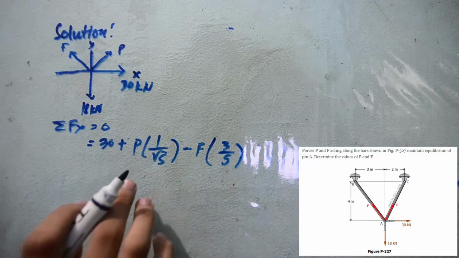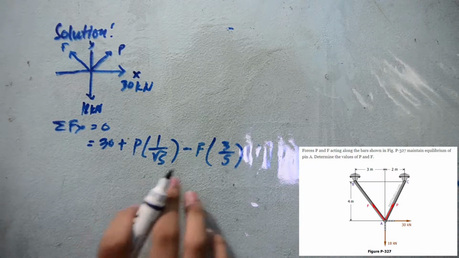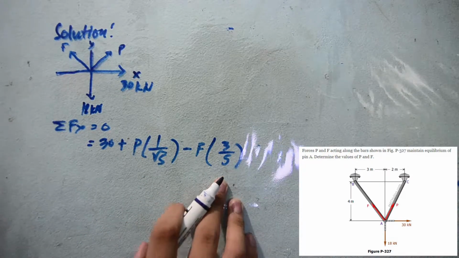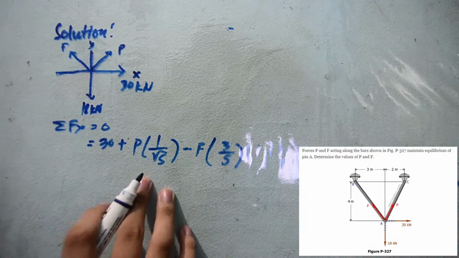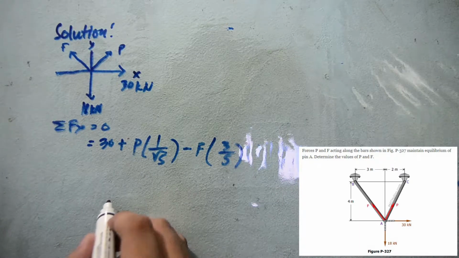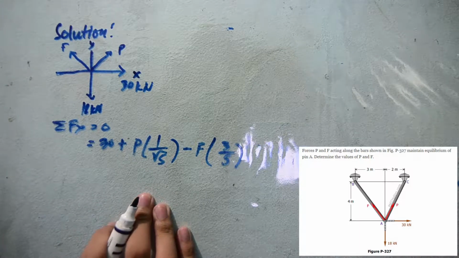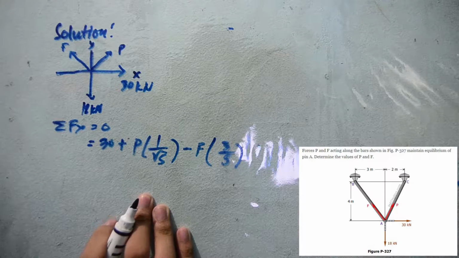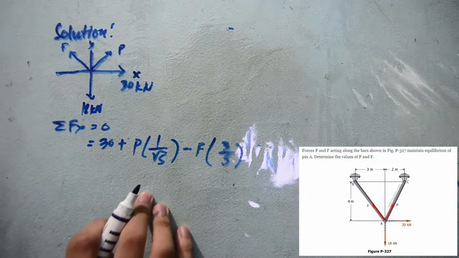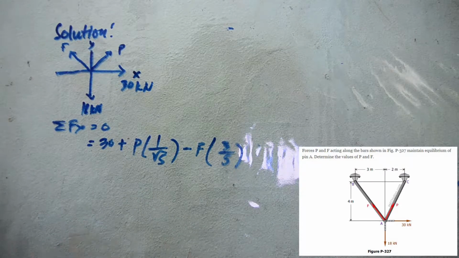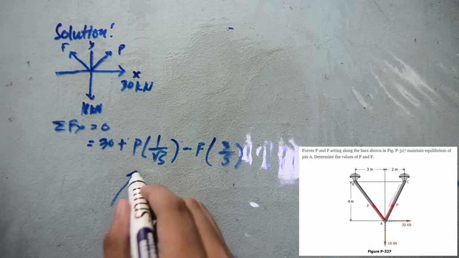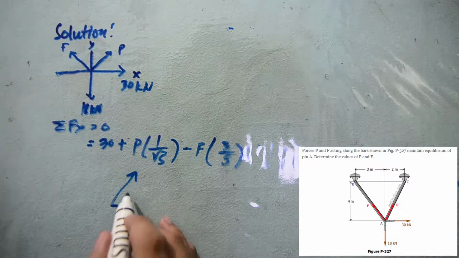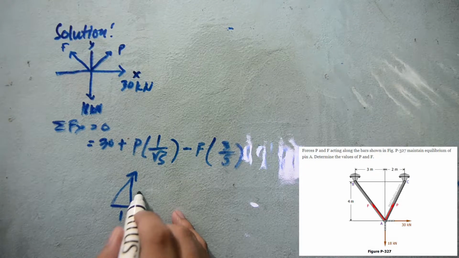So you must be wondering why I use 1 over square root of 5 and 3 over 5. So look at the figure. Since P is going upward to the right, and as you can see it's 1 and 2,